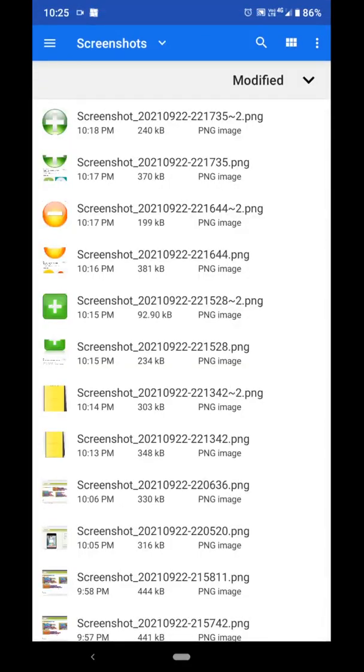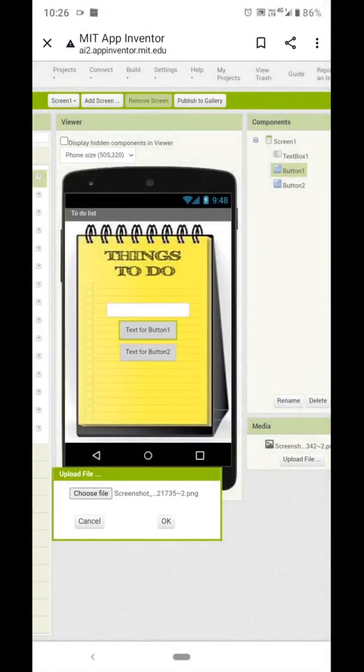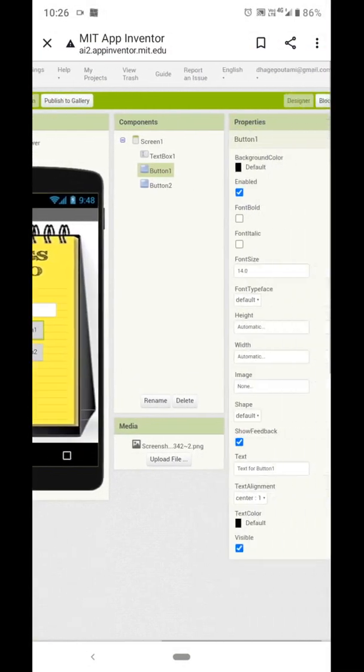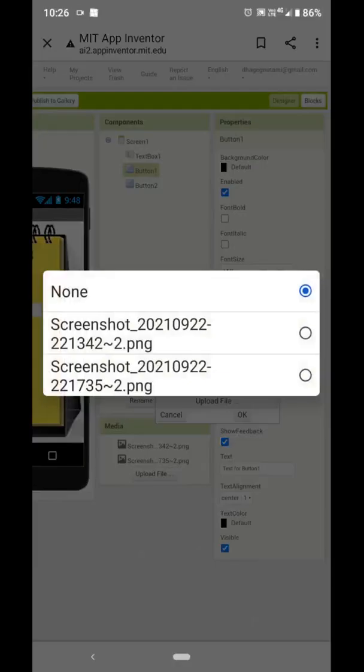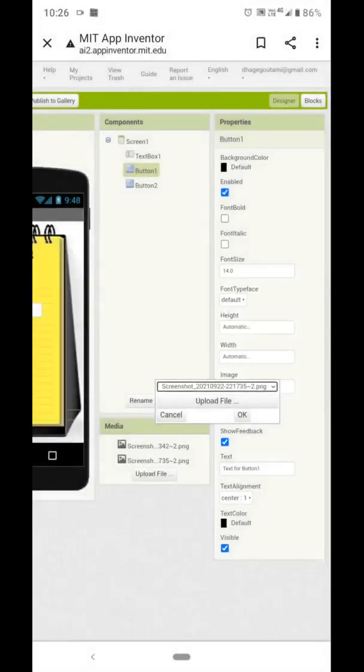To insert the things, we will add a plus button. Go to the image property of the button and add the image.